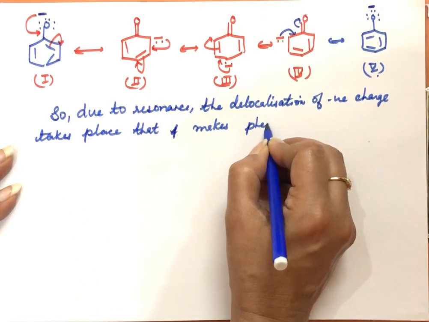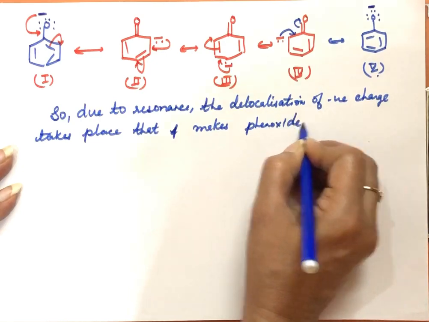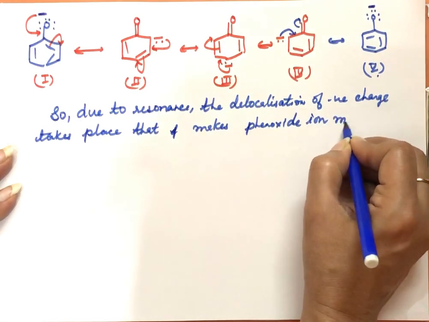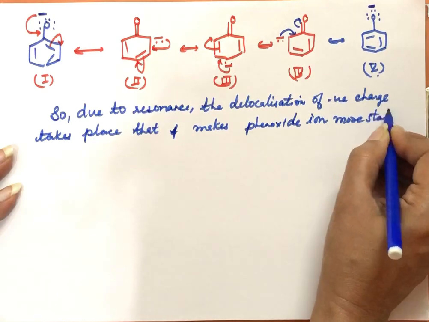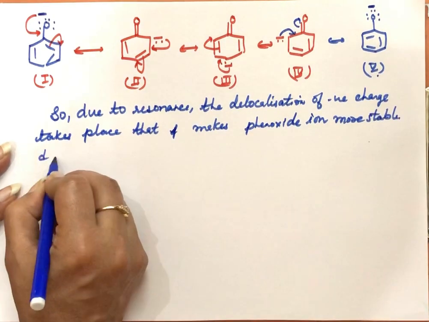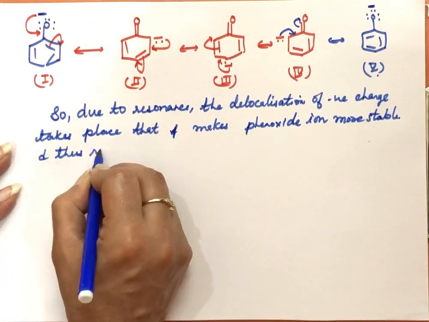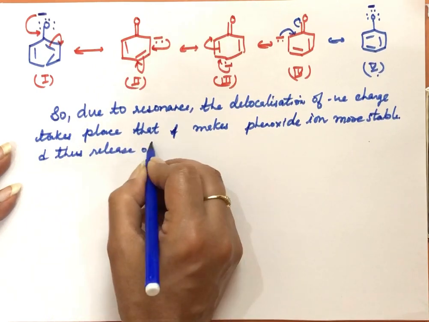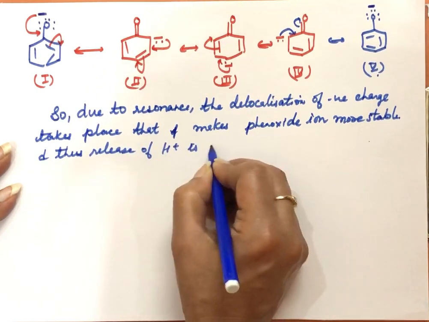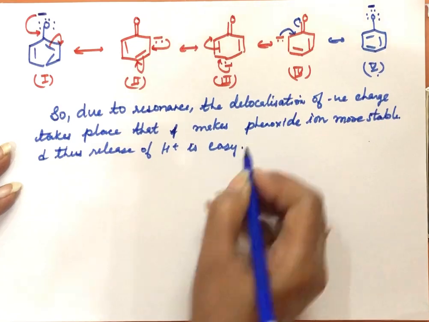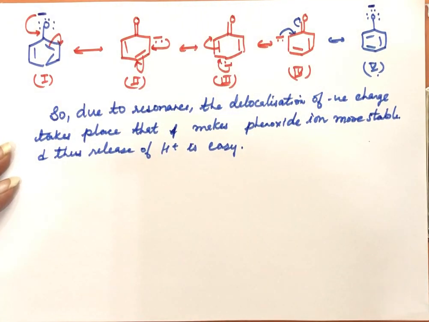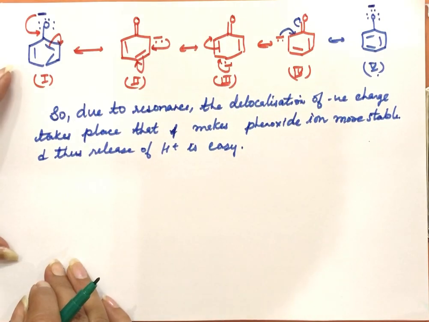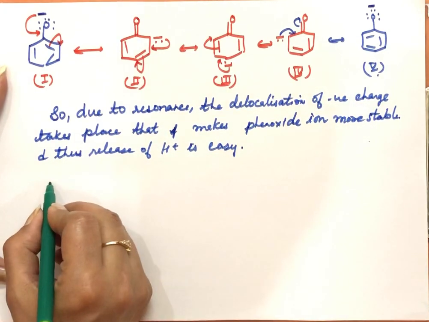That makes phenoxide ion more stable, and thus release of H plus is easy. That is why phenols are stronger acid than alcohols, while there is no resonance shown by alkoxide ion. So after knowing the acidic nature of phenol, the comparison of acidic nature of alcohol and phenols, now next is